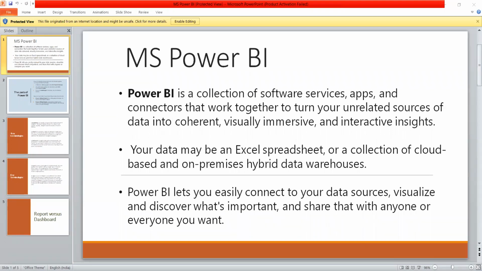Then we had donuts, pie chart, matrices, tables, maps, etc. So visualizations give a graphical form to data. Based on those visualizations, it is easy to understand how our data is moving, what trends are moving in our companies. So visualizations hold a key place in our Power BI.